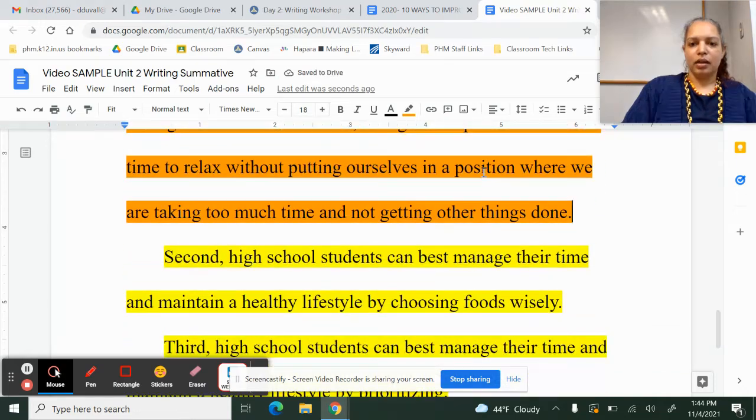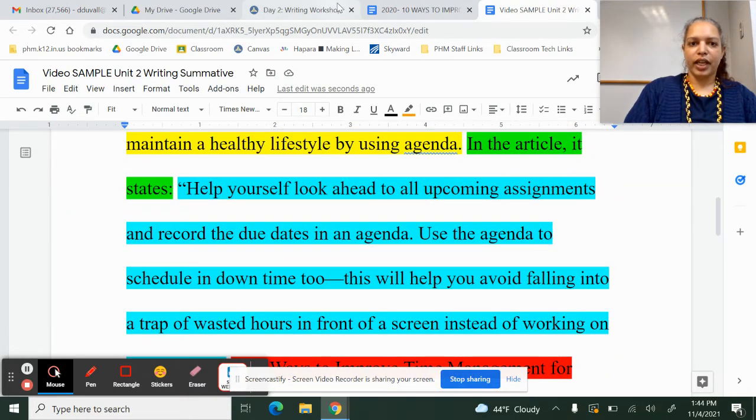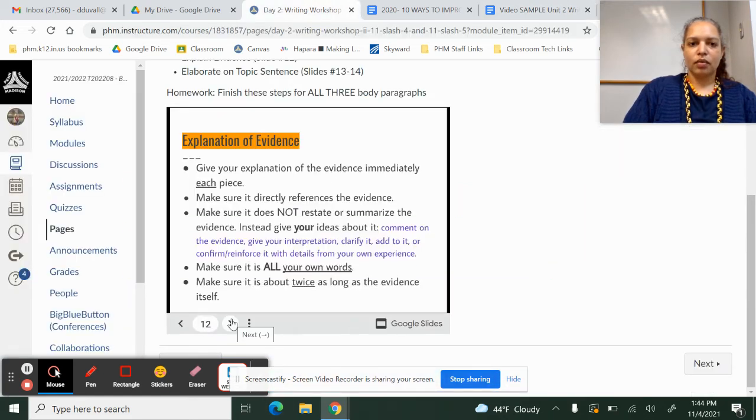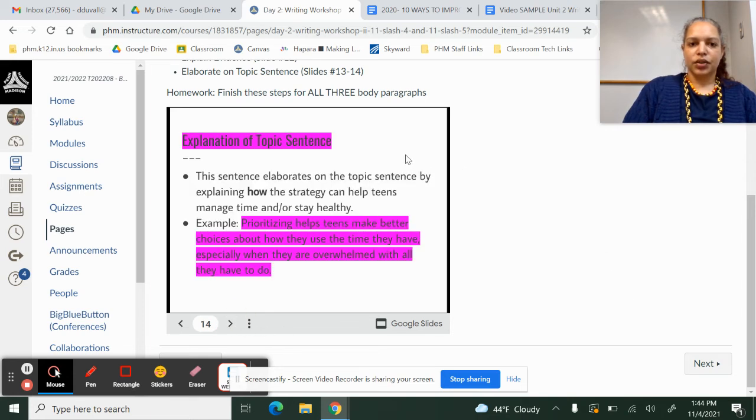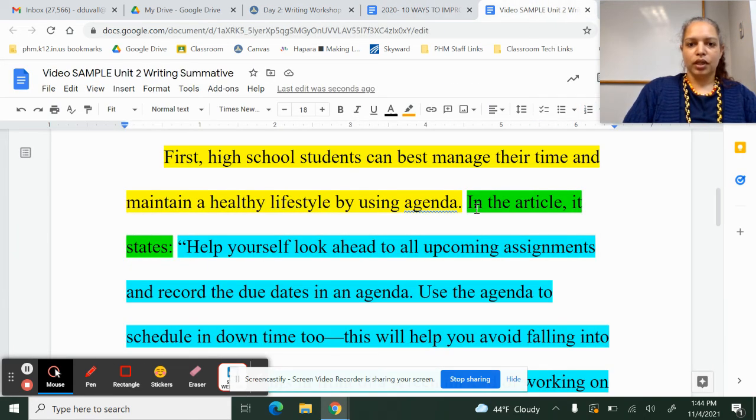All right, so you should pause until you're finished adding that explanation. Then we're going to look at your elaboration on the topic sentence. All right, so now you're ready to elaborate on your topic sentence. So, elaborating on the topic sentence is just explaining how the strategy can help teens. So, for example, with prioritizing, it helps teens make better choices about how to use their time. So, for using an agenda,